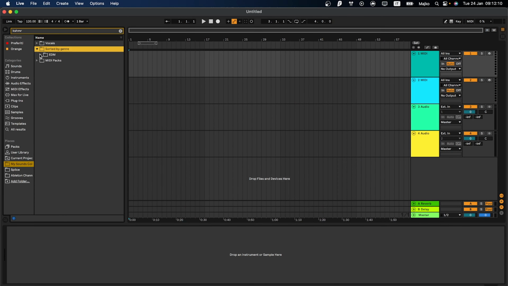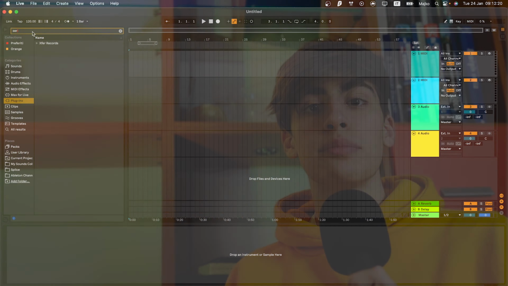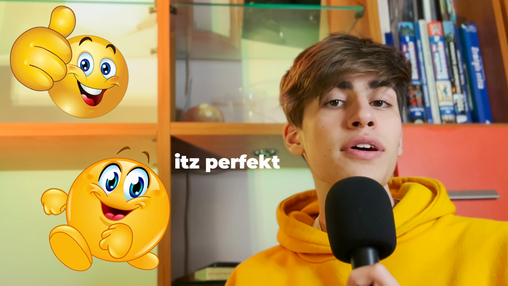The Ableton browser is by far the superior one, having a search tool which works like a charm. It's like comparing the Windows search tool with macOS's Spotlight, night and day. You can also add VSTs from the browser, which is a choice that makes sense to me. Why would you want to add them from a different place, you know? And with a search tool that works great, it's perfect.